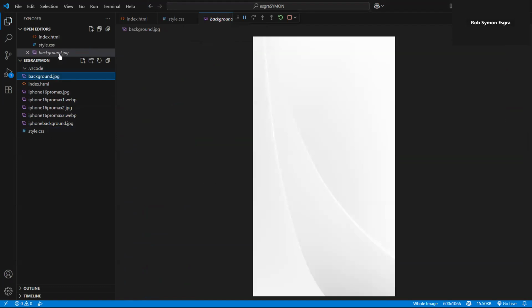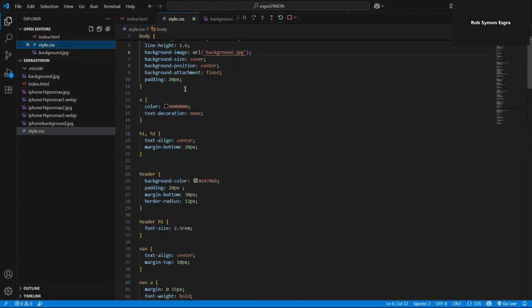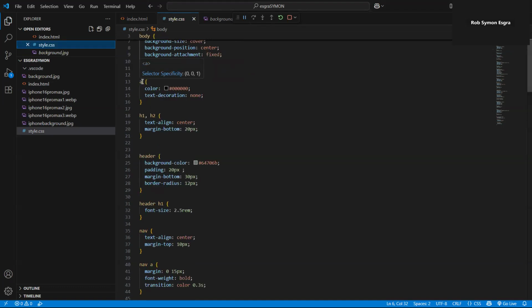White only. And this is the color of the Instagram link. This is the style of my H1 H2.